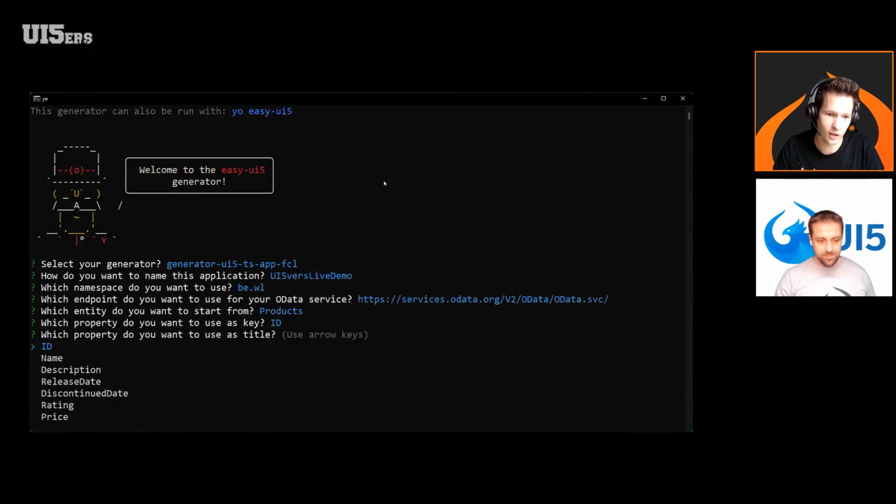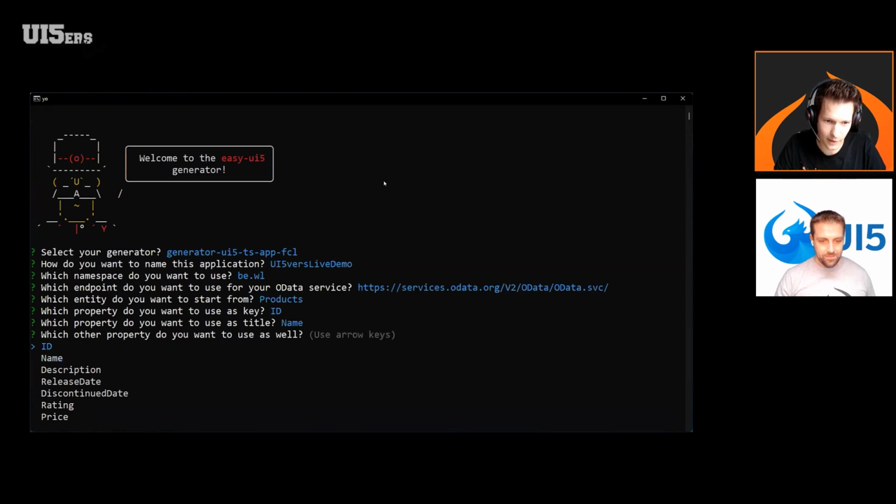And then it's also asking me to already select a binding for the title. In the first page, it will be a list. I will show it immediately. And I can say, yeah, the title, to what should I bind it? So I'm just going to take name. And then I have one other field. And usually in the UI5 generators, in Business Application Studio or in WebIDE, you can then select an amount or an additional field. Here it's just another field, just to have more than one field to bind as an example.